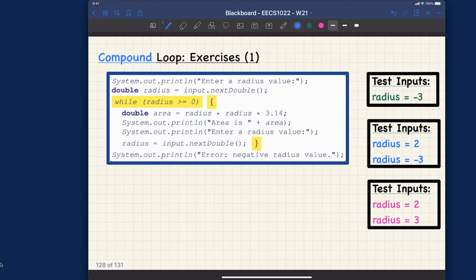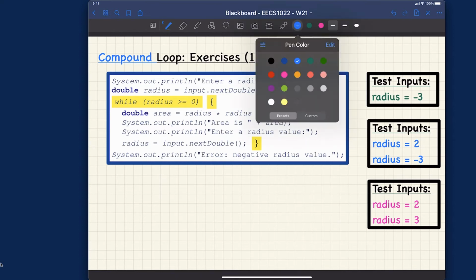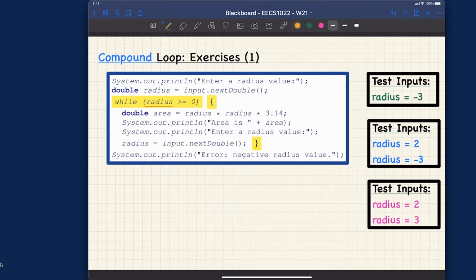Version number 1 is very similar to what you did in the Java tutorial week number 4. We'll simply say as long as radius is larger than or equal to 0, we're going to keep executing the body of the loop, which is over here. So this means we only exit from the loop and get to this line when the condition fails. It's a really important insight for you. All right, if we reach this line,